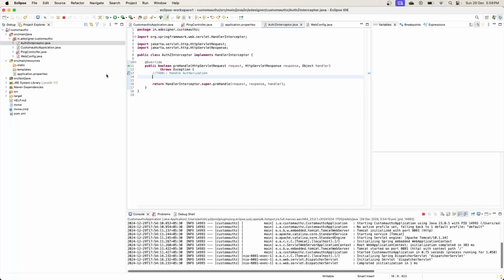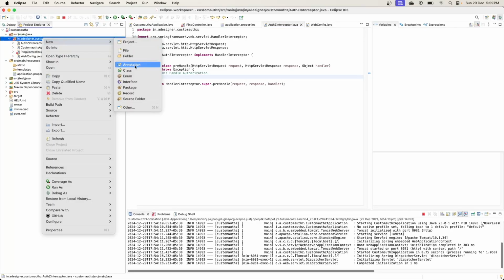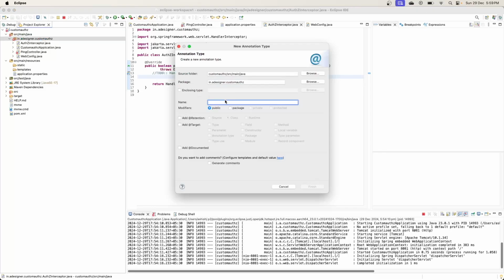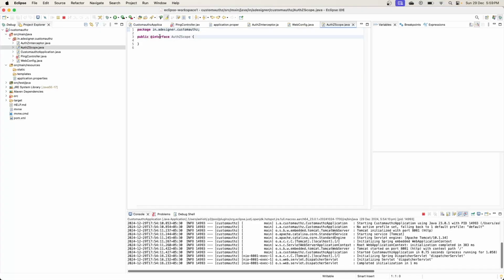Now to continue, we want to create an interface. In Eclipse, there is also a type called annotation, right? So let's do that. And we will call it AuthzScope. You can give any name you want. And as you can see, this is of type interface. Now the data that we want to store is called scope, right? An array of